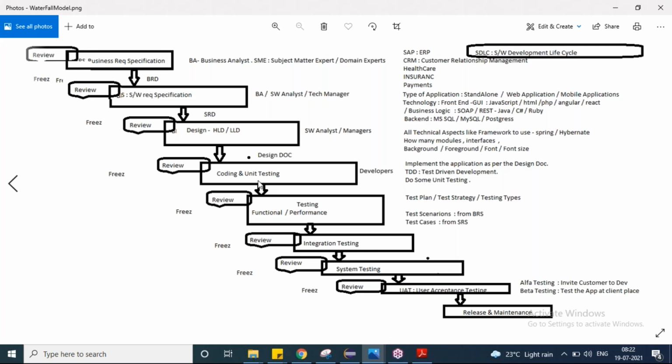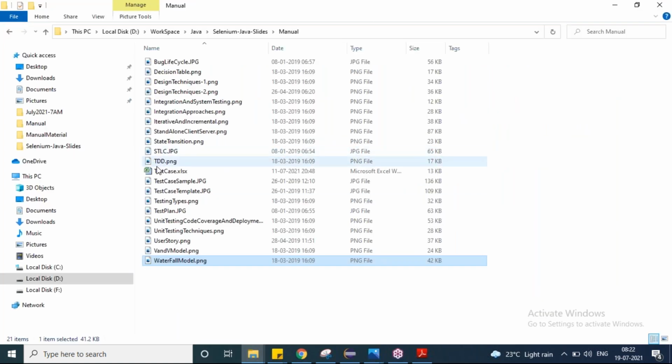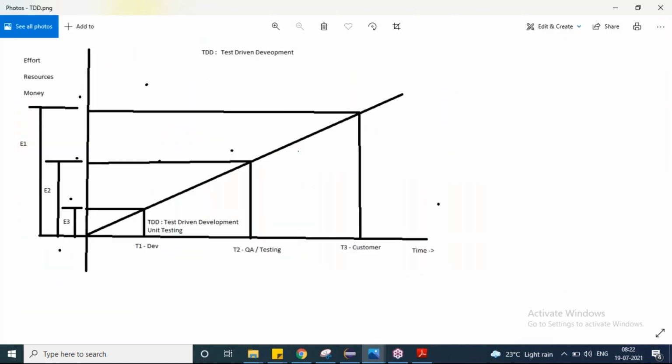But what is this unit testing and what happens? You as a developer, if you wrote some code, it is your responsibility to thoroughly test your code. And there is something called code coverage, and you have to give me 100% code coverage. What do you mean by 100% code coverage, and what is this unit testing?